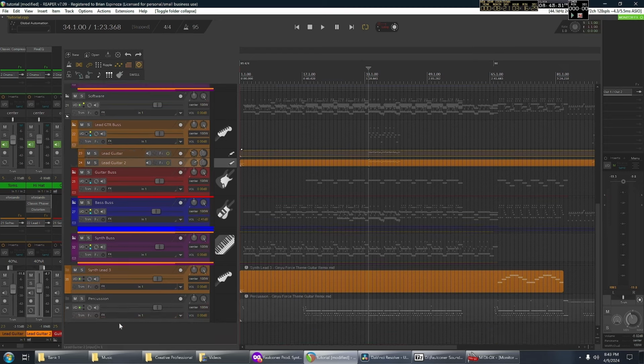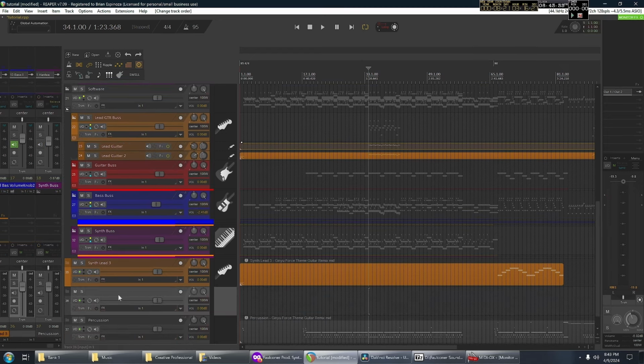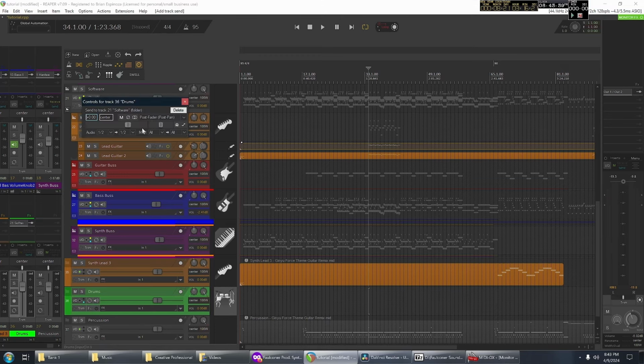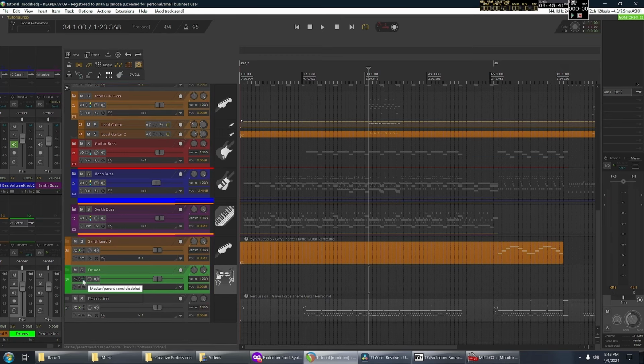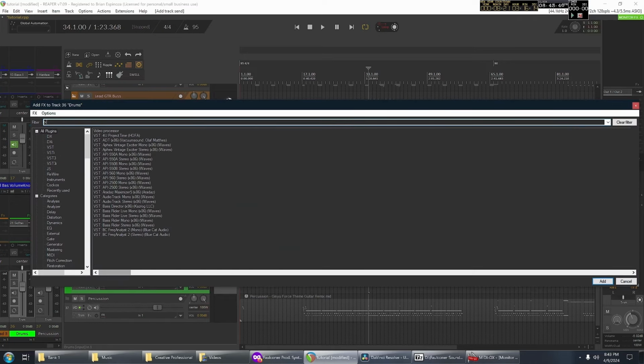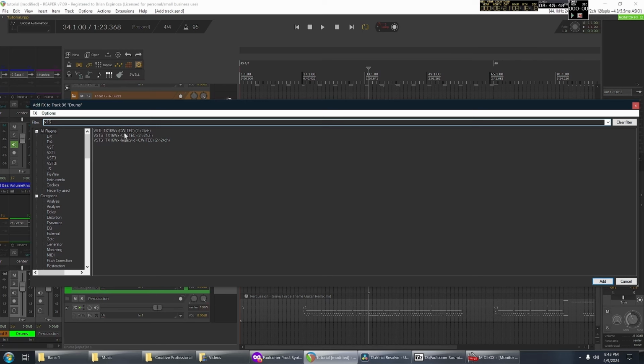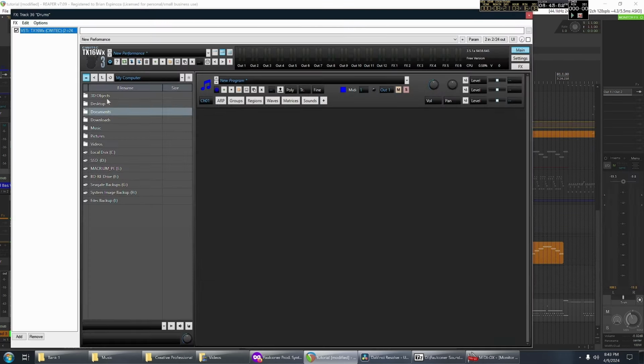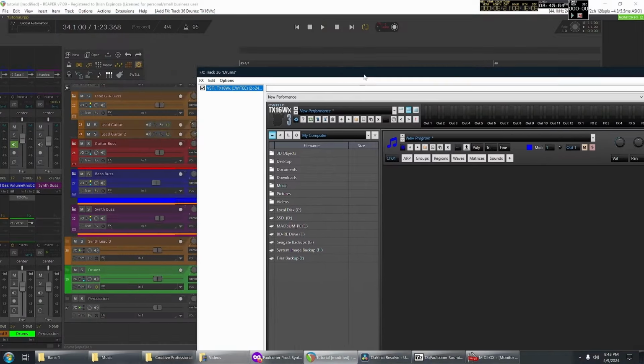Now I'm gonna do drums. Again, for drums, I don't use Soundfonts anymore. For the drum kits for DBZ, you can use something like SSD sampler, or any kind of sampler that can load sounds. But I'm gonna use this TX16W that I showed you earlier, and I'm gonna load all